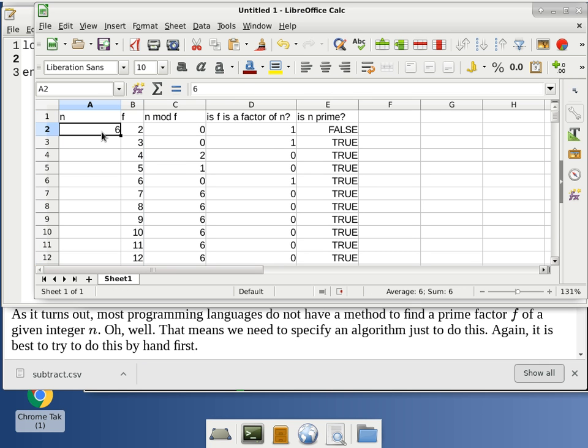So with 6, we are stopping right away because 2 is a factor of 6. And how do we know that? It is because n mod f is 0, okay? Let's try something else. Let's try